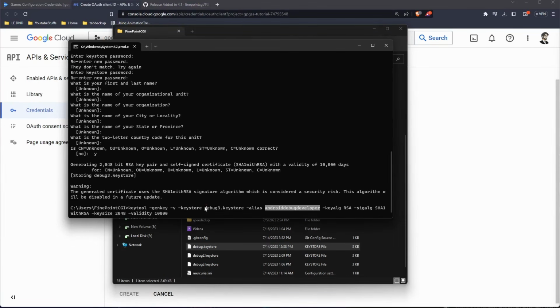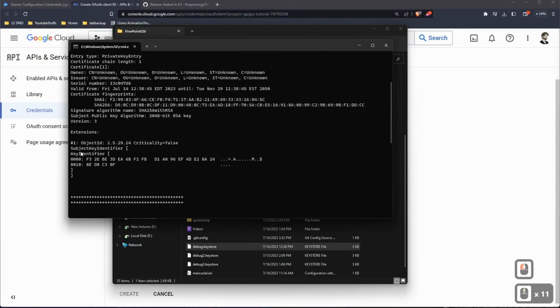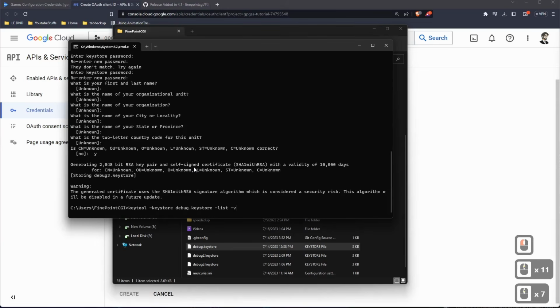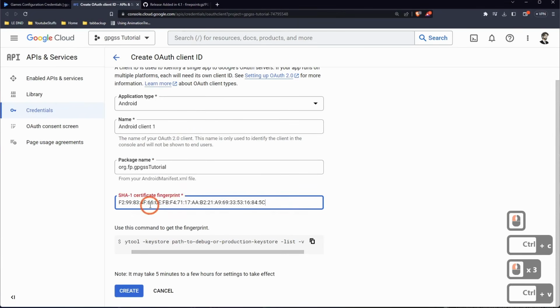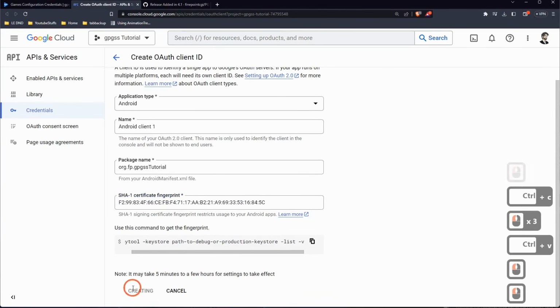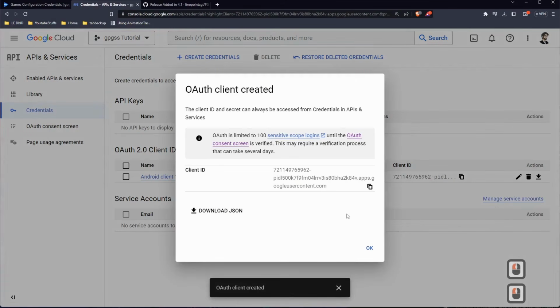Now, I've already generated a debug Keystore, so I'm just going to use this Sha1 fingerprint. So you can see that to get your Sha1 fingerprint, all you need to do is say keytool -keystore debug.keystore -list -v, and then enter the password. So I'll type Android, and you can see this is my Sha that I'm using. So we'll copy that, come in here, we'll paste it, and there we go. We'll hit create, and it'll create that OAuth